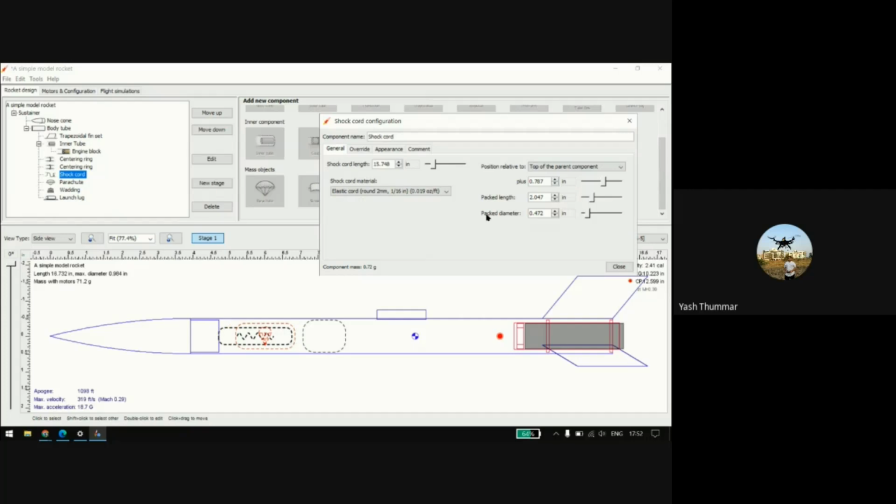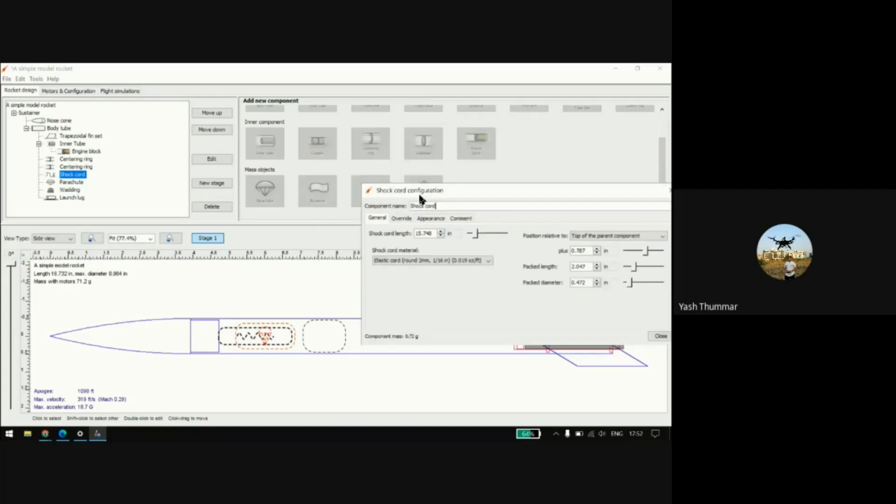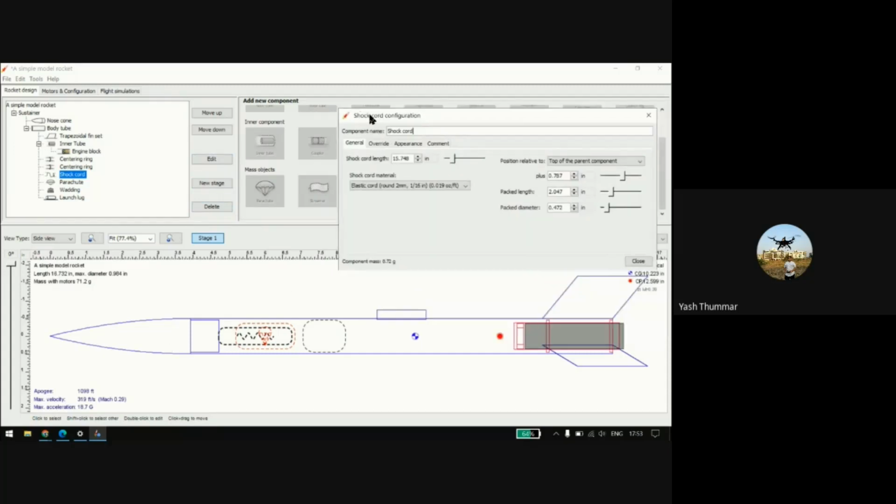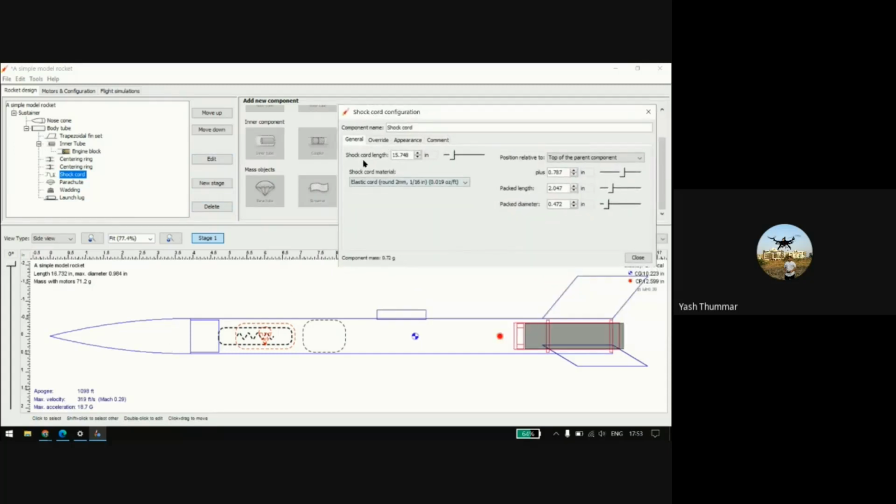And the package length. Okay, so it's the shock cord length, not the package length. You will find here it's a package length. You will see kind of this wrapping, so it will push up this parachute from this nose cone. Okay, so it will help for that. And there is a shock cord length, which provides the distance between the deployed parachute and this rocket tube, and that is called the shock cord length.